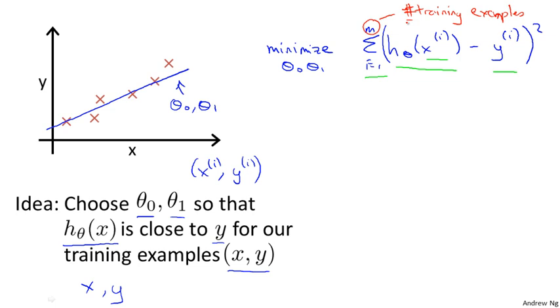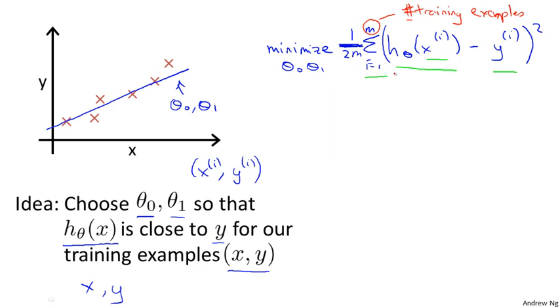And to make some of our later math a little bit easier, I'm going to look at 1 over m times that. So we're going to try to minimize my average error, which means minimizing 1 over 2m. Putting the constant 1/2 in front just makes some of the math a little bit easier. So minimizing 1/2 of something should give you the same values for the parameters theta 0 and theta 1 as minimizing that function. And just to make sure this equation is clear,